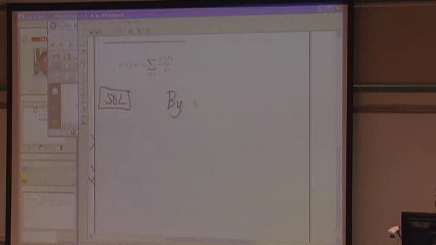By the previous problem result and the Mobius inversion formula, phi of n equals